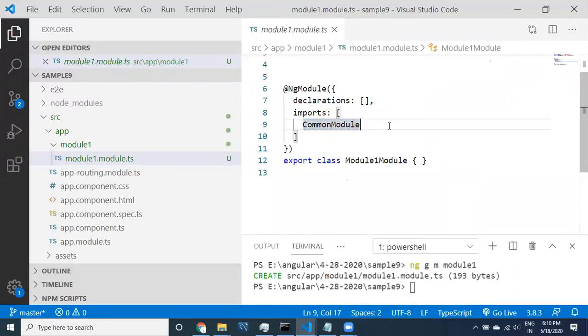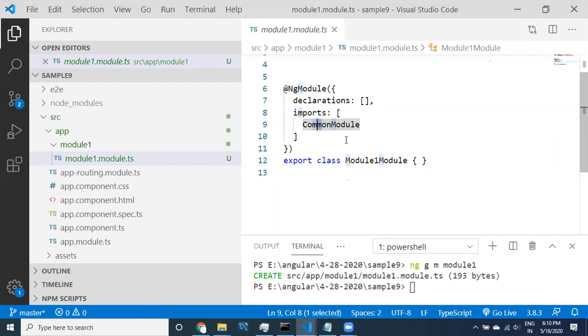By default, whenever we generated it, it came automatically like this. If you are not using those things, you can remove it, but generally we will definitely use *ngFor and all this basic stuff, even property binding; all these things are available in the common module. So we have NgModule and the common module available.